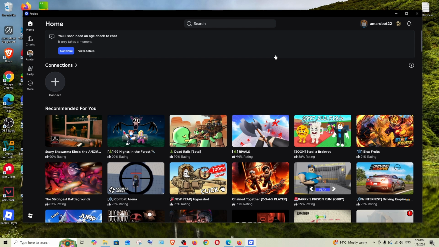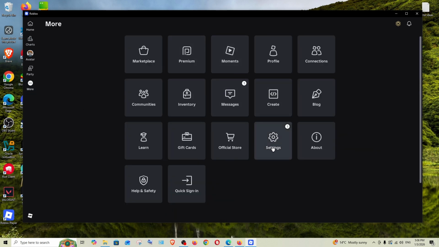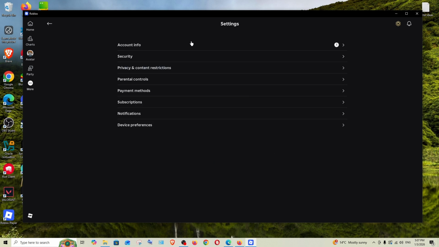So let's get started. First thing, just open Roblox and come into the home interface. To the left here we will be having the more option. Click it and here we are having settings. Select that, and in settings the first option is going to be account info. Click it,